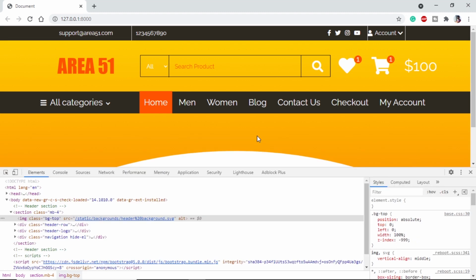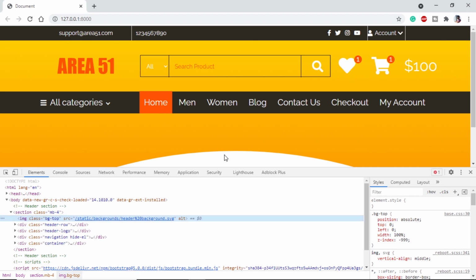Now I'll do the same thing for the header splash. So I will export it from Adobe XD, and let me show you the final product. Once again I have added the header splash and the class related to it. If we refresh this, we are getting the header splash. Let me show you how I did it.